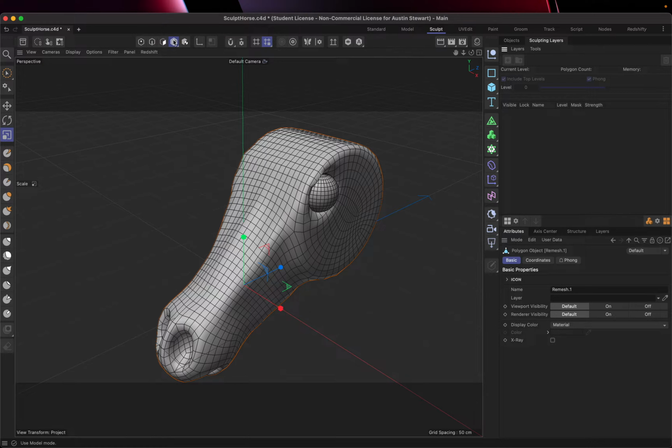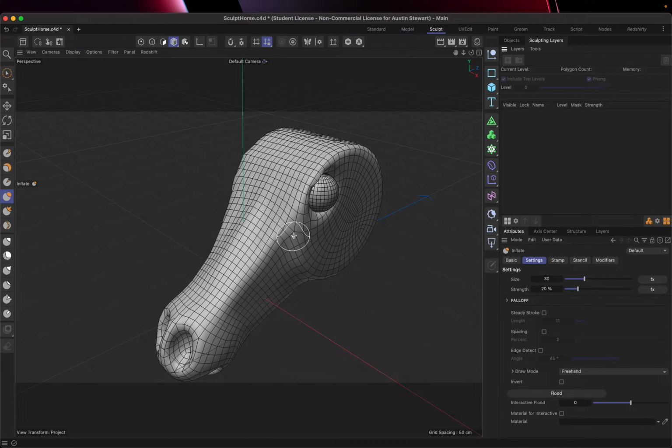Other than that, we want to be in model mode. We're not doing this in points, polygons, or whatever mode. And now we just need to figure out how do we actually start sculpting this. Now, because this is a mesh, we can actually use any of the sculpt tools on our mesh already. We don't even need to put it in sculpt mode. We could start to actually sculpt this thing without adding any additional layers. We can just use the tools as a way to